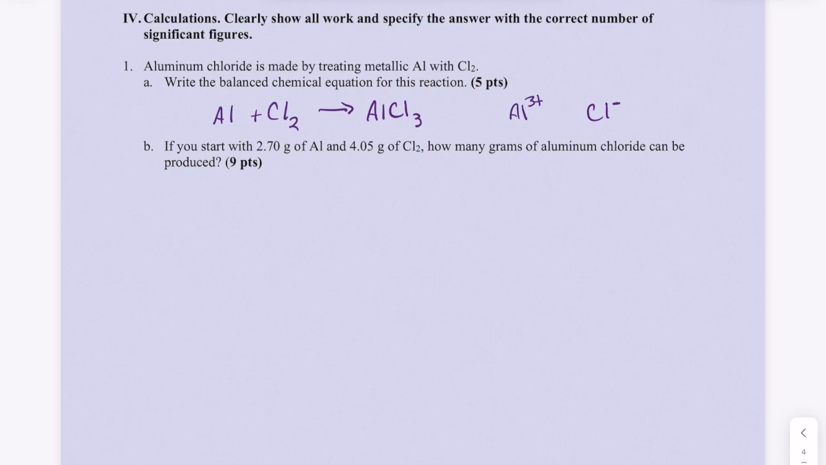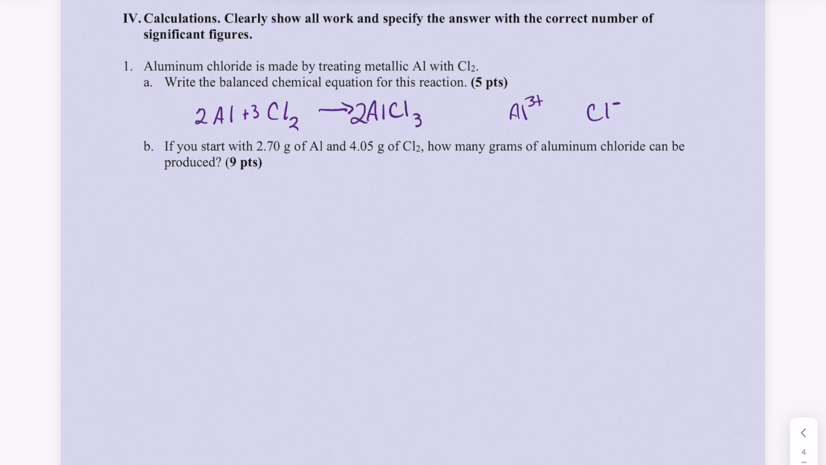Now, we need to balance this. To balance this, what we're going to do is add coefficients: a 3 in front of Cl2, 2 in front of Al, and 2 in front of AlCl3. Now we have a balanced reaction. All right, moving on